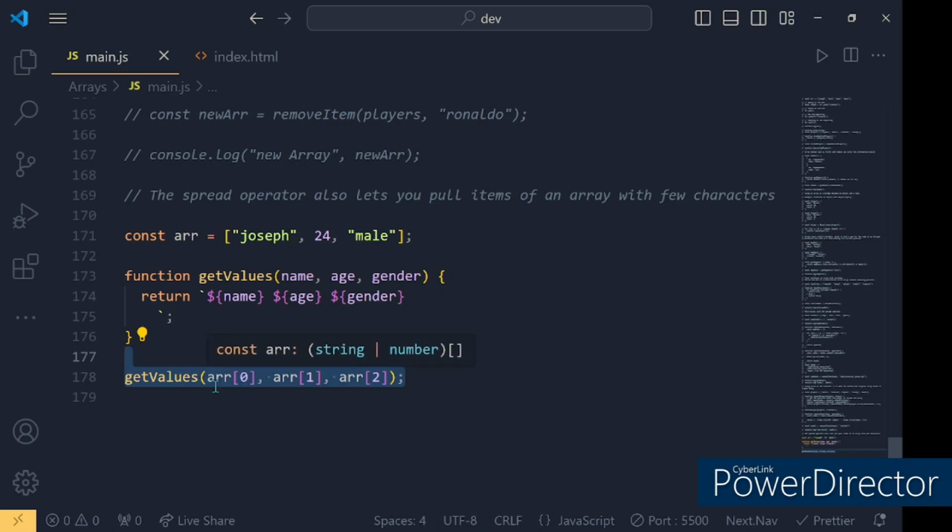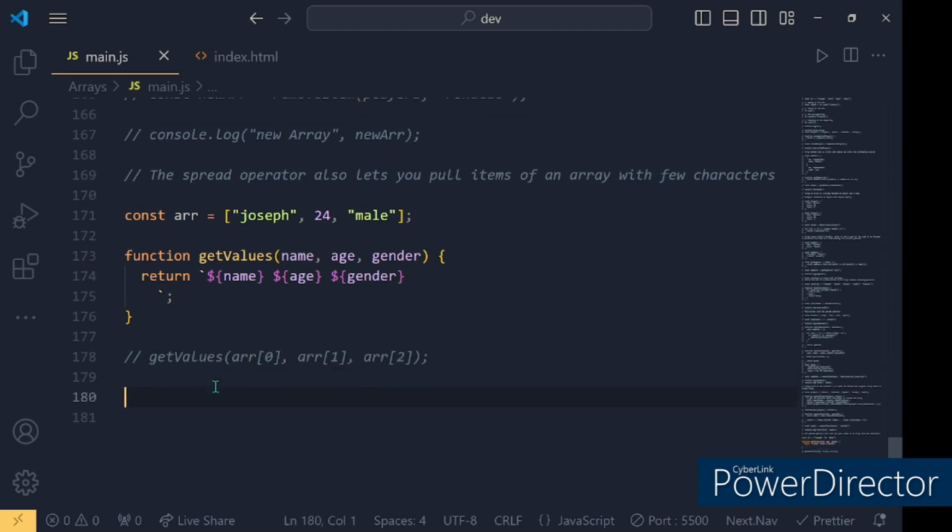We can use the spread operator. We can use the spread operator to spread the values as arguments in the function call. So the solution for this will be, let's say, call the function again, simplify this using the spread operator, and have the array right there. Only if the array